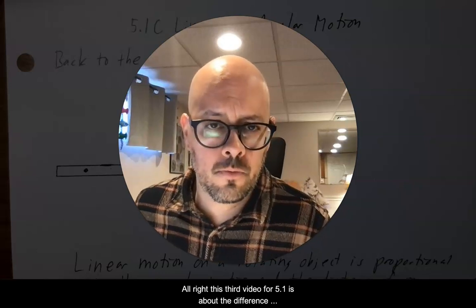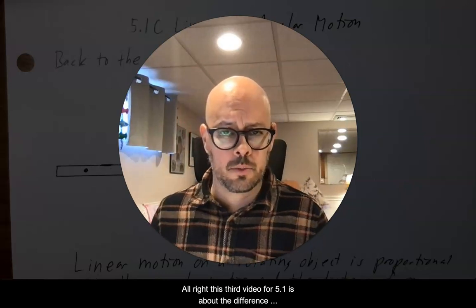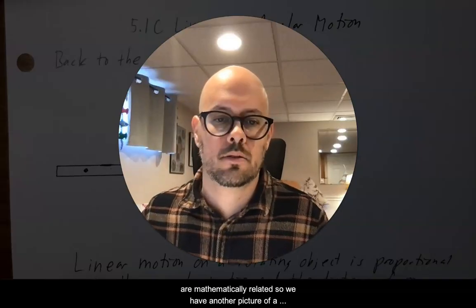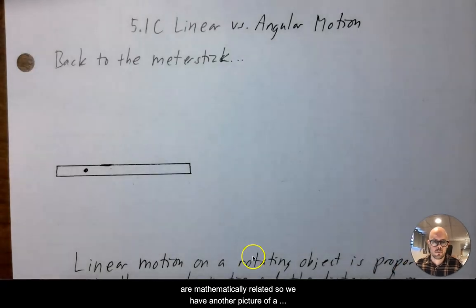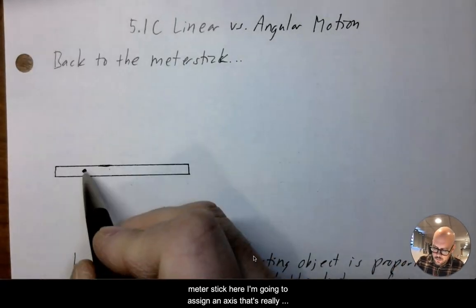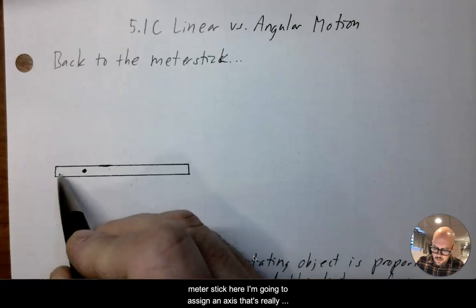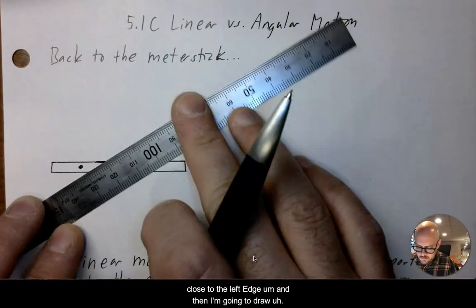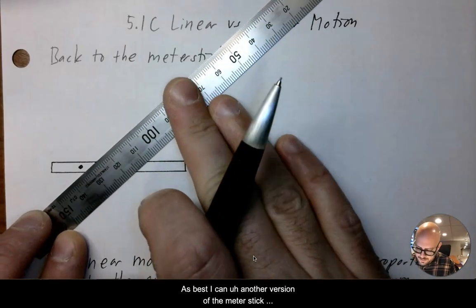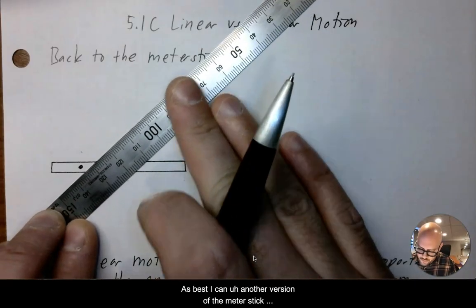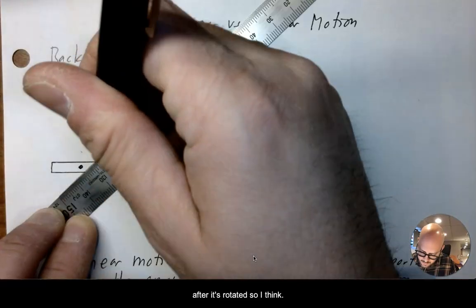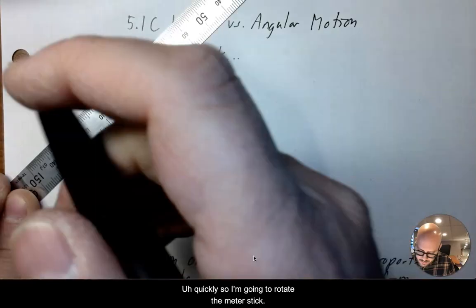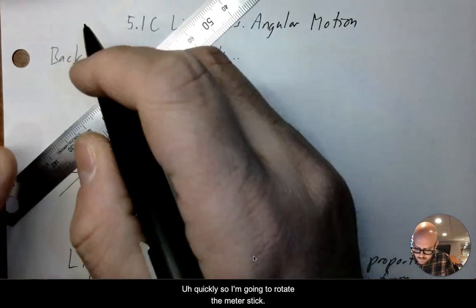All right, this third video for 5.1 is about the difference between linear and angular motion and showing how they are mathematically related. So we have another picture of a meter stick here. I'm going to assign an axis that's really close to the left edge, and then I'm going to draw, as best I can, another version of the meter stick after it's rotated. So I think I've practiced this enough times that I can do it quickly. So I'm going to rotate the meter stick